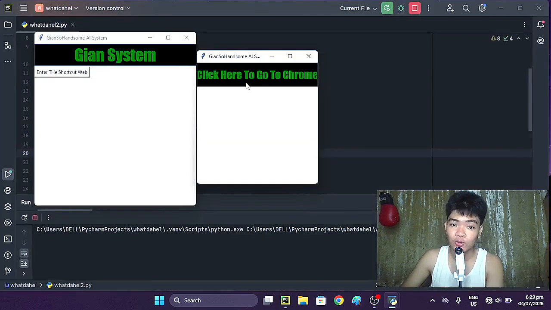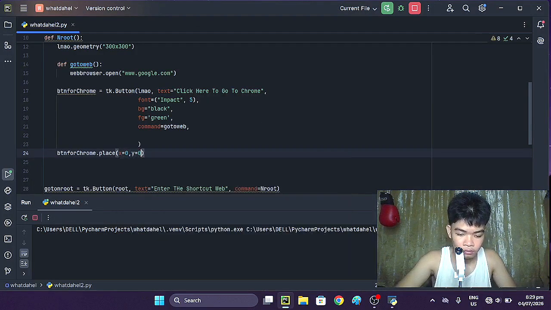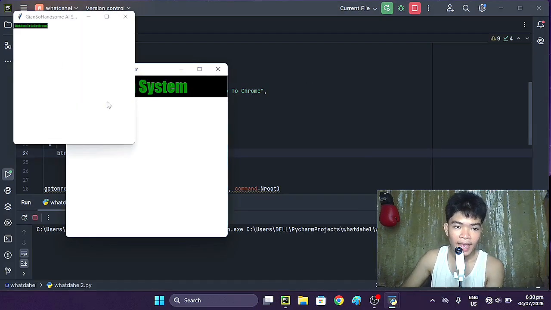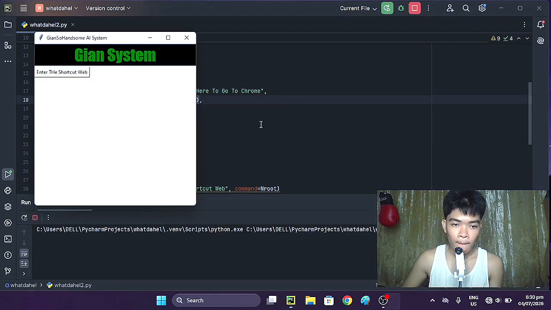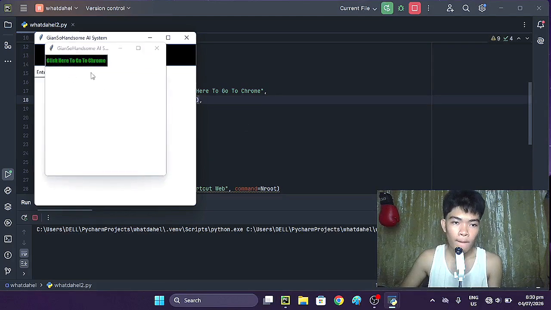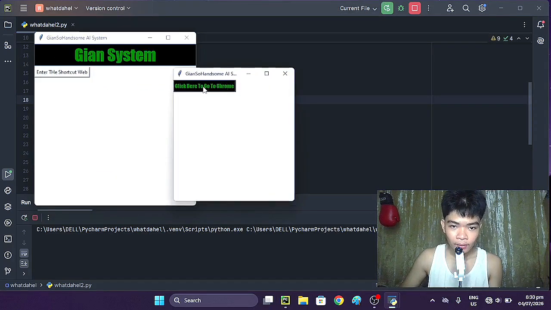It looks kind of big, so let's change it. And whoa, now it's way smaller than I expected. Boom! I mean, can you still read that?